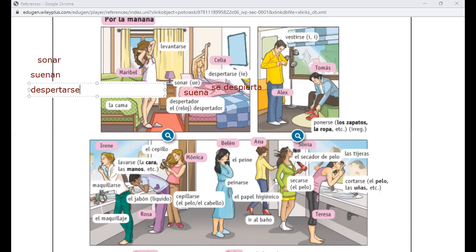Why do we call it reflexive? Because the doer and the receiver of the action is the same person. I'm waking up myself. In English, we say myself: you wake up yourself, I wake up myself. In Español, we make the verb reflexive, okay? Sí. And those are the things that you do that nobody can do for you. When somebody wakes you up, they woke you up, but nobody can wake you up for you. Do you understand what I'm saying? Okay. So we took despertarse, and then we took se.